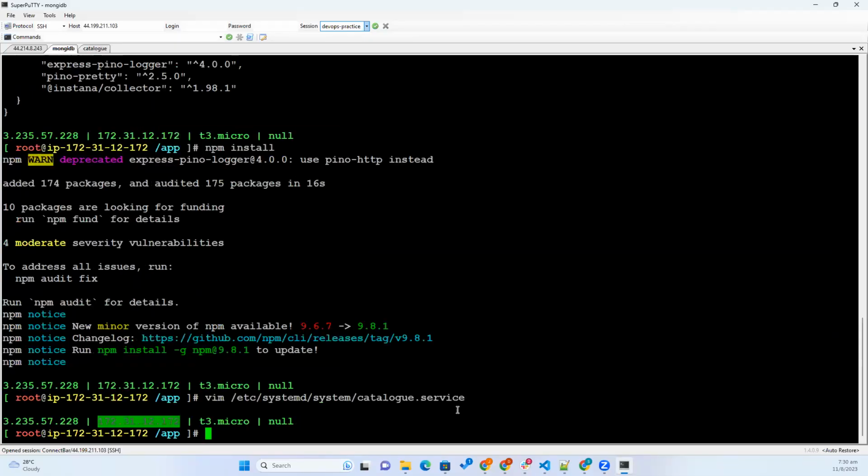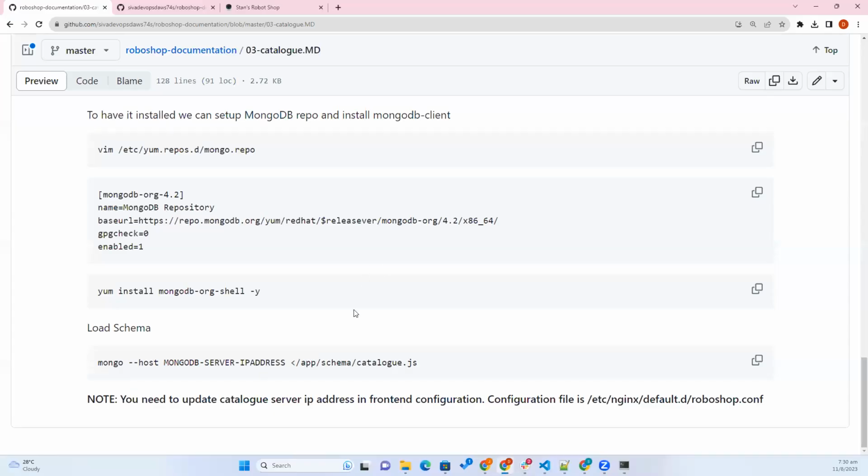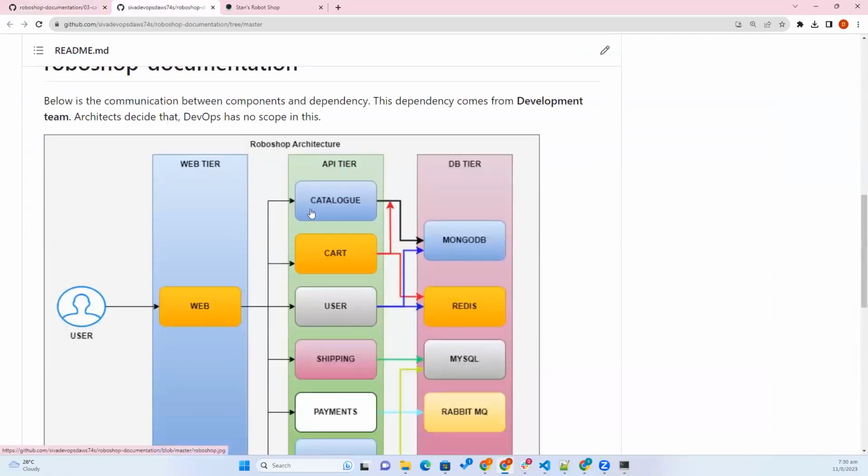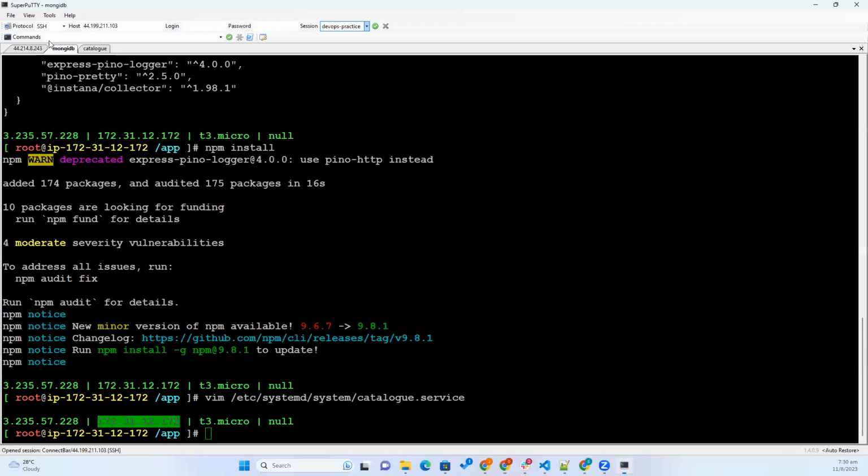They both are connected. How are they connected? Inside catalog, we have given the MongoDB URL inside the service. Okay. So now we need to connect web and catalog. For that, inside web,